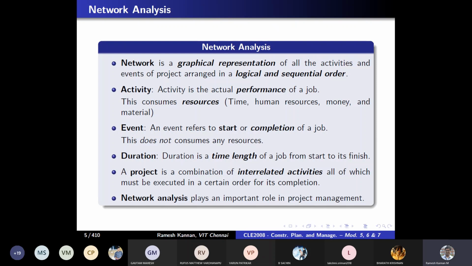There are two methods associated with network analysis. One is the critical path method, and another is called the program evaluation and review technique. Right. So both can be called in an abbreviated form. The critical path method can be called CPM, whereas the program evaluation and review technique can be called PERT. There are other methods available, like precedence diagramming, then the graphical evaluation review technique, known as GERT. But in your syllabus, CPM and PERT are there, and they have much more implication than the other methods because of their simplicity and ease of application to a real-time problem. Right? So let's take a look at that.